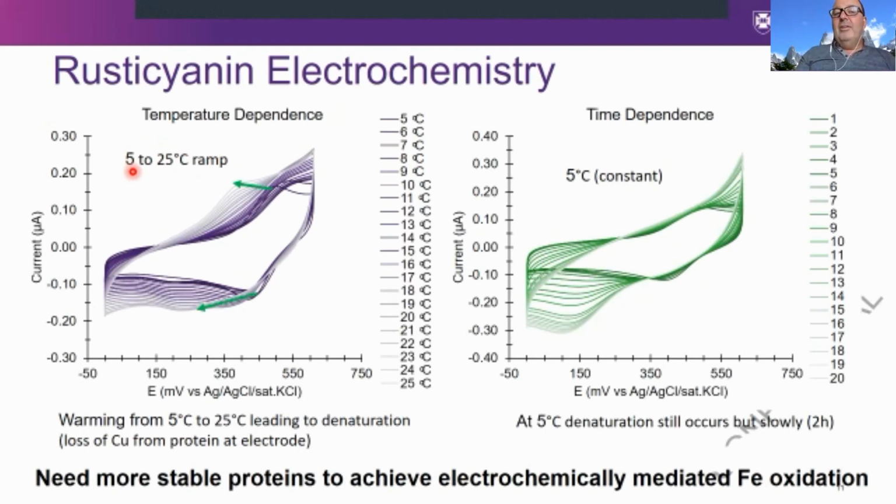Now, that was a little bit of a damper, because think about it. We would like to generate such enzyme-driven iron 3 for the leaching process under ambient room temperature, or at least not very cold temperature, because from the energy point of view it would not be very practical. We would have to set up our system so it's always refrigerated. In Australia, for instance, that